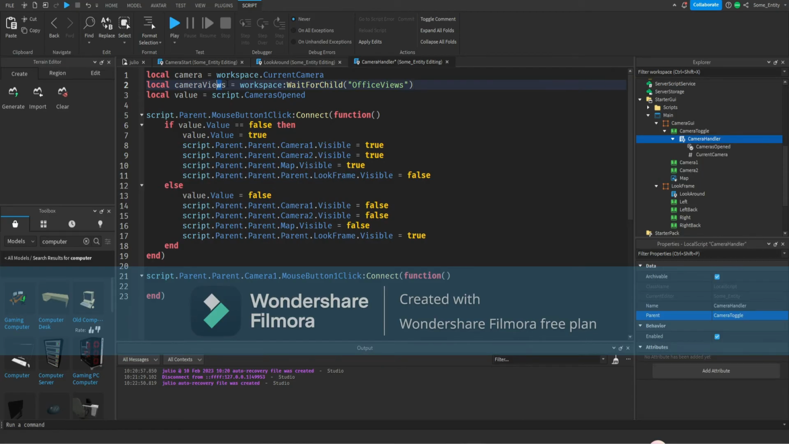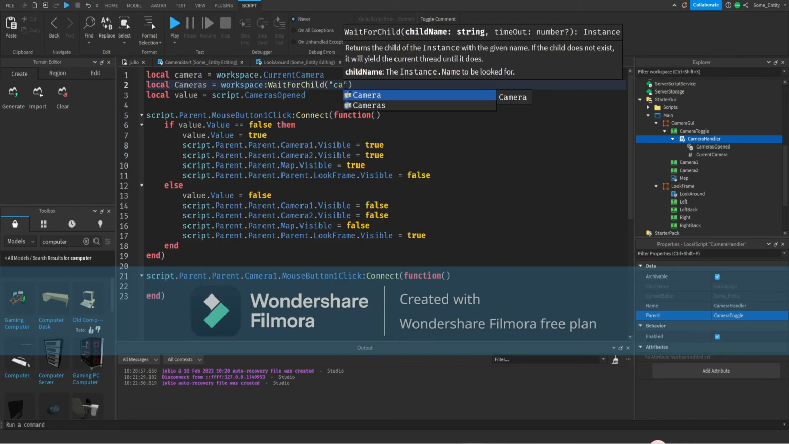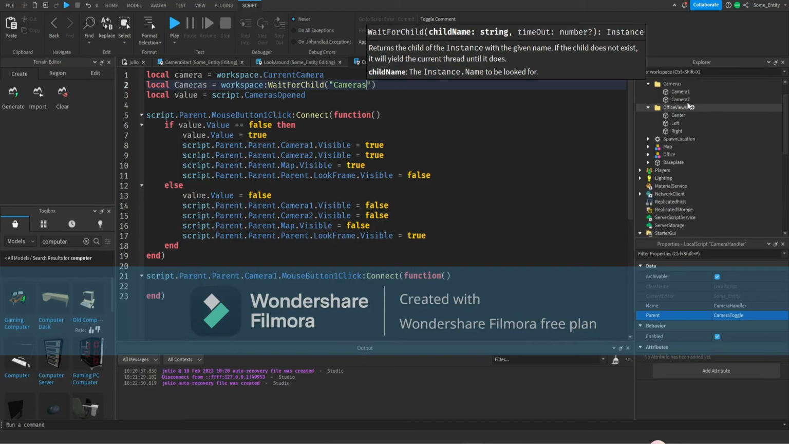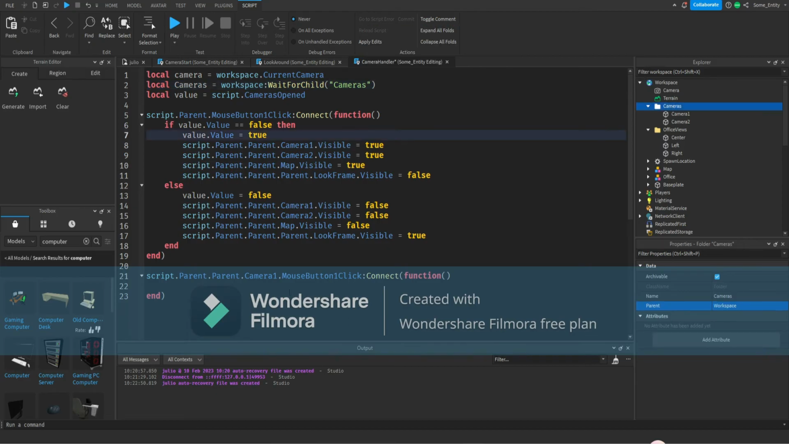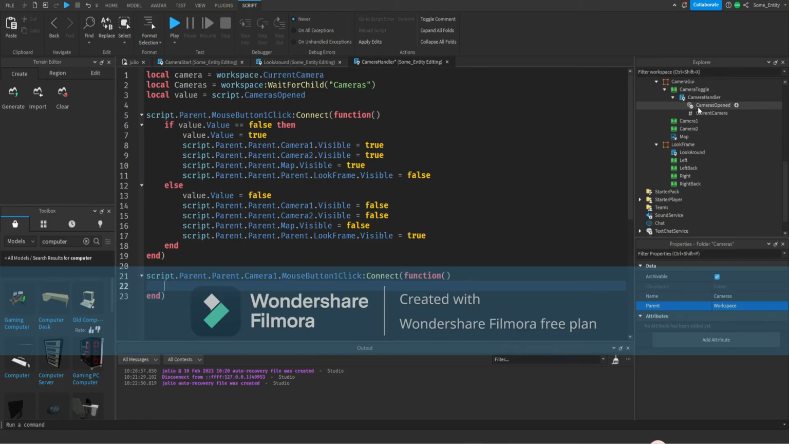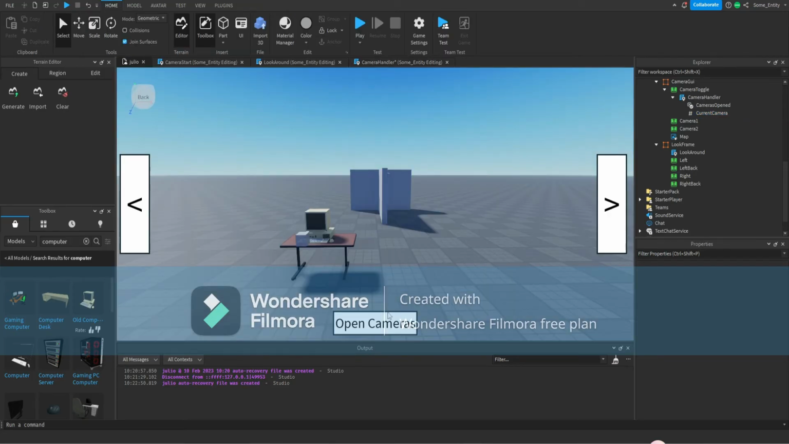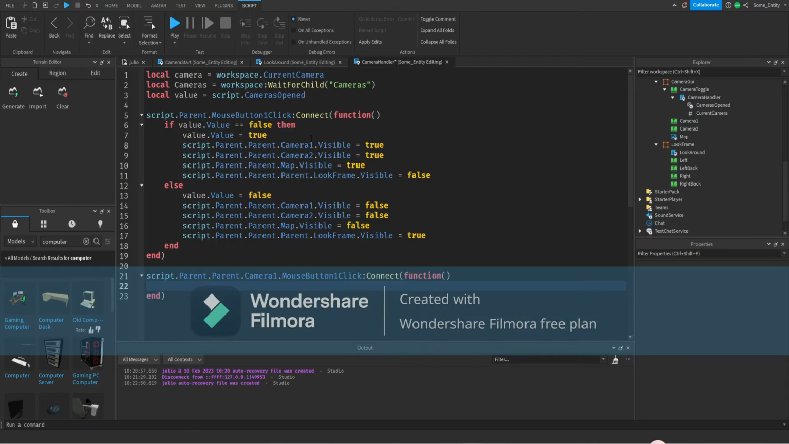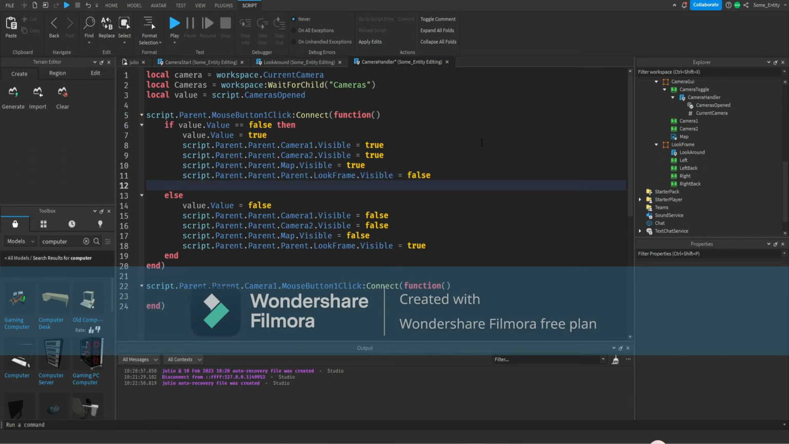And we're going to change camera views to cameras with a capital C, so we can tell the difference. And we're going to set this to cameras, which is the folder in the workspace. And first we're going to want to set the camera value. So whenever you click this, it's going to change your camera C frame. So let's do it. So we're going to put if